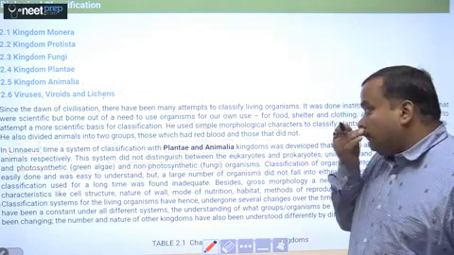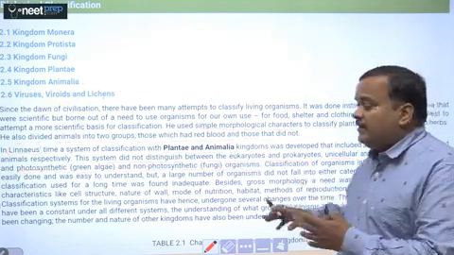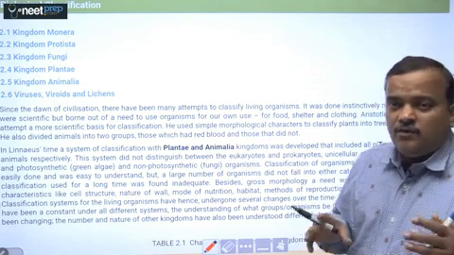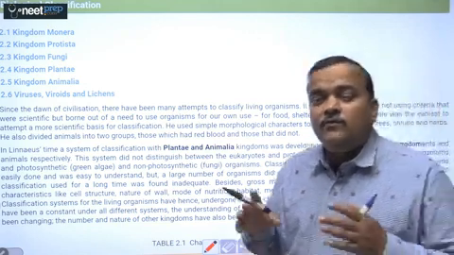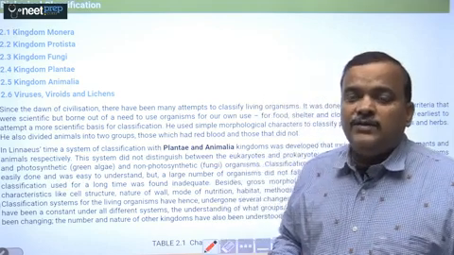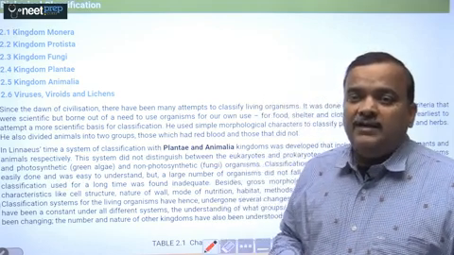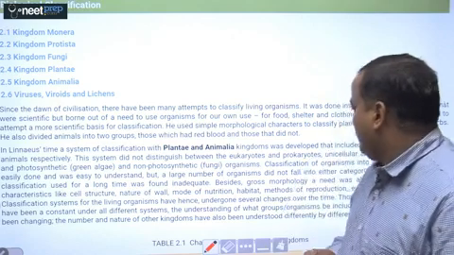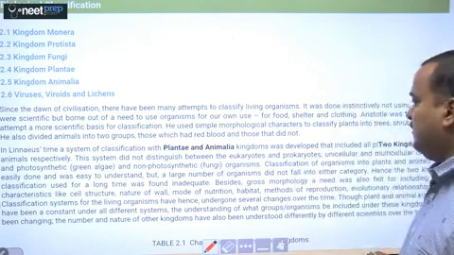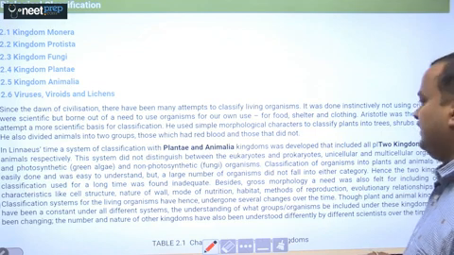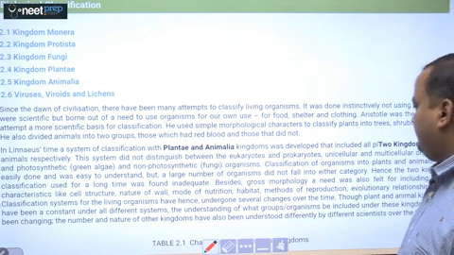Then all these earlier classifications are based upon one or few characteristics. In order to make classification more inclusive, R.H. Whittaker in 1969 proposed the 5 kingdom classification. Okay, so this 5 kingdom classification was proposed by R.H. Whittaker in 1969, and